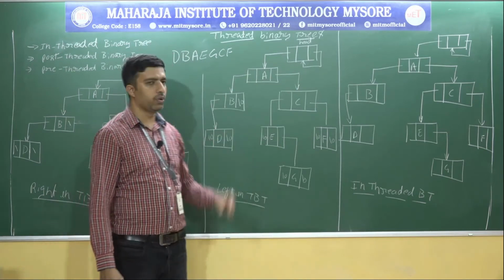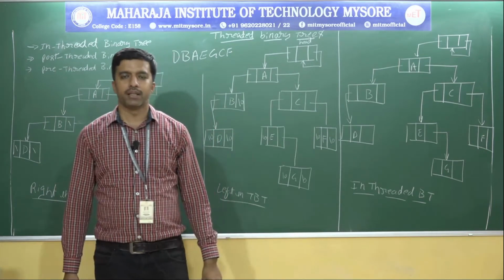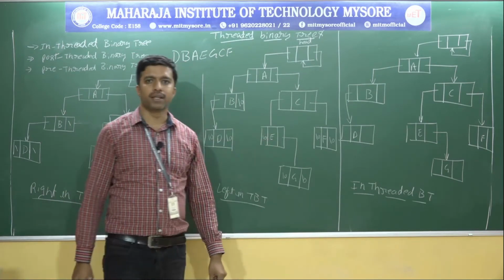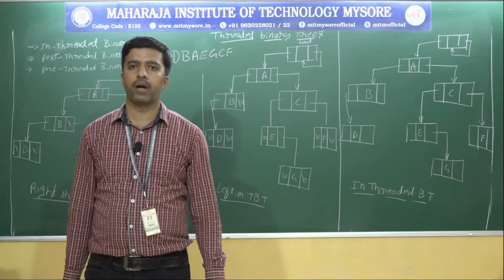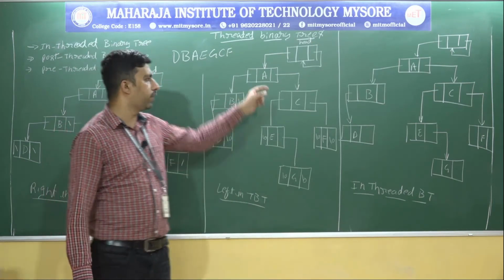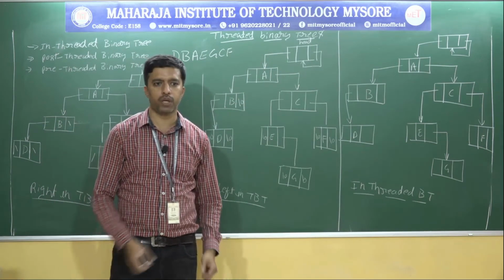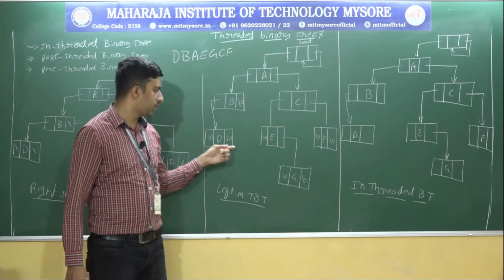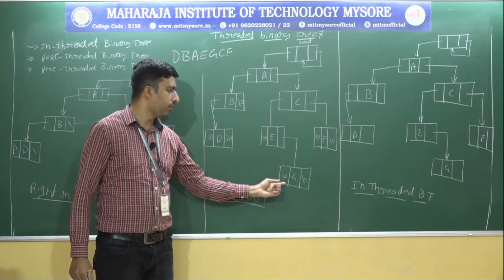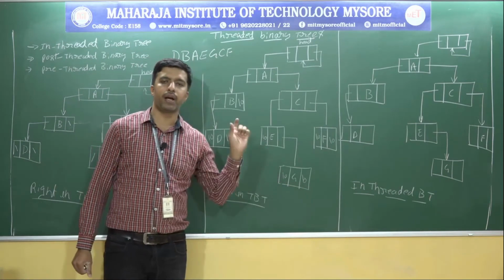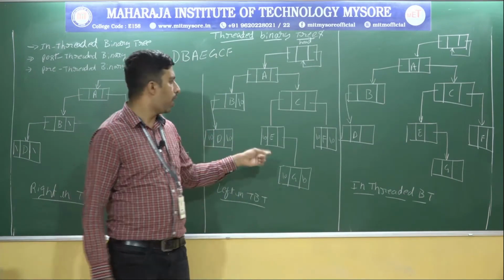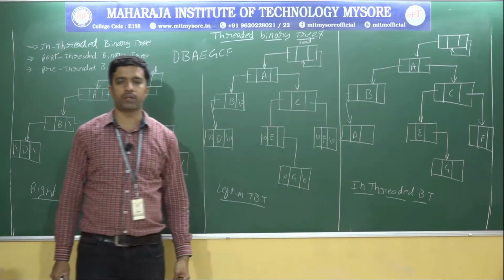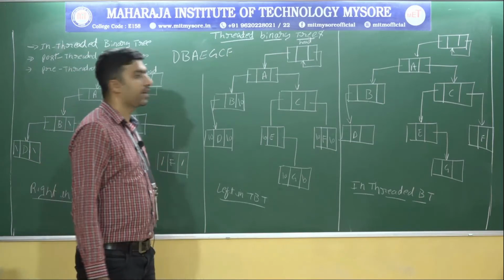To avoid those things, we are going to use the threaded binary tree, where each null pointer is replaced by the address of upward movement of any node. That is the advantage of the threaded binary tree. In each thread, we replace the null by the address of the upward movement node. We need to move upward. That is called a threaded binary tree.